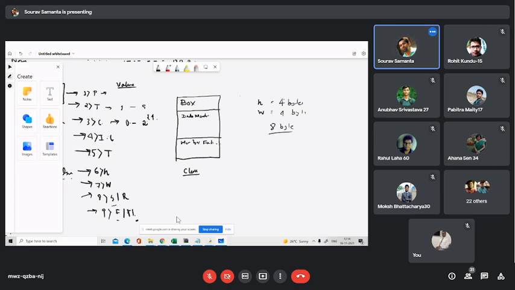Okay. Now we have some function. Suppose it is 2 bytes. Also, the function is 2 bytes. Now, when we are creating, suppose the class is the blocks or